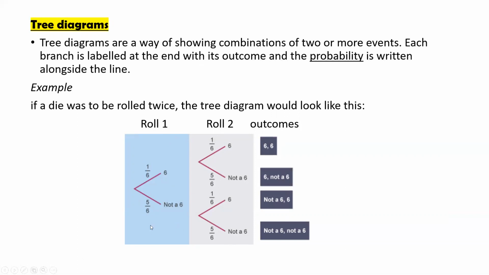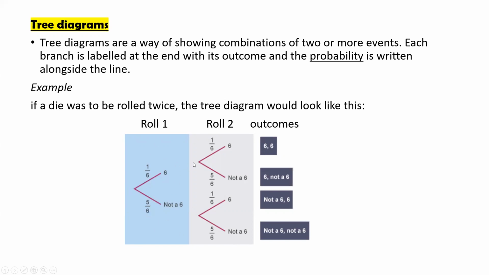So this is the first row. Look at this. This part is the first row. You have two branches here. That means I only need to know either 6 or not 6. You can have more branches, let's say if you want to get more selection, it's okay. But now in this case, we only need two choices, either 6 or not 6. So you write the probability right here. Then this is the first row.